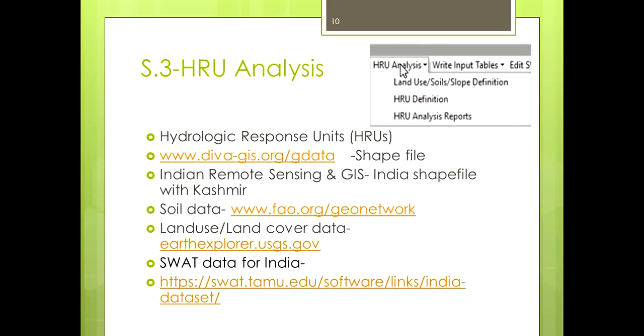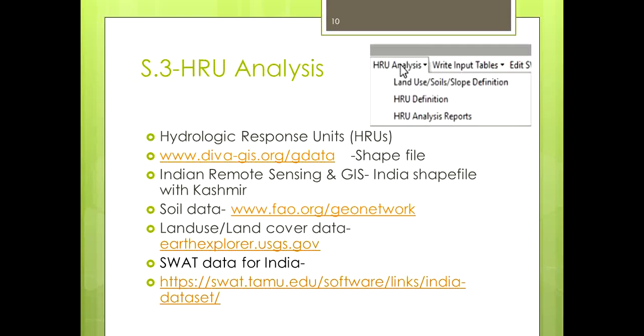Step number 3 is HRU analysis. HRUs are nothing but hydrological response units. These are the portions of sub-basins having unique characters like soil, slope and management. For HRU analysis, you require the shapefile, soil data and land use map.